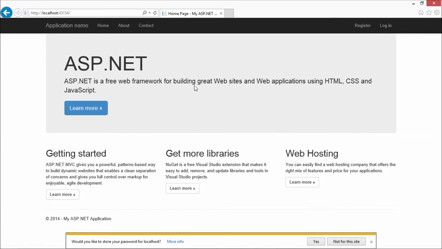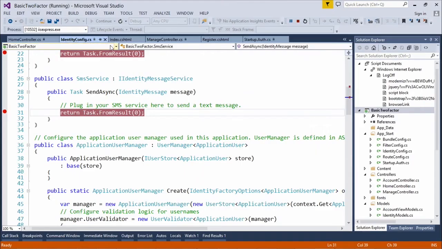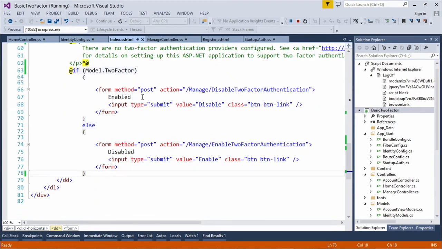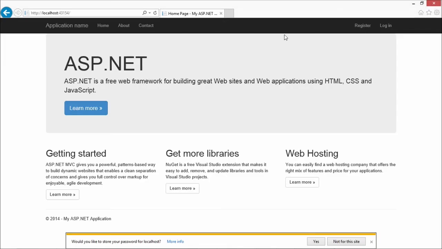So again, the steps here, all we did, we went into our index.cshtml, we uncommented our code. And the second required step was that we went to our manage, we added the phone number, we enabled two-factor authentication for this user. Just for that user. So if we go back and we look at the database here,